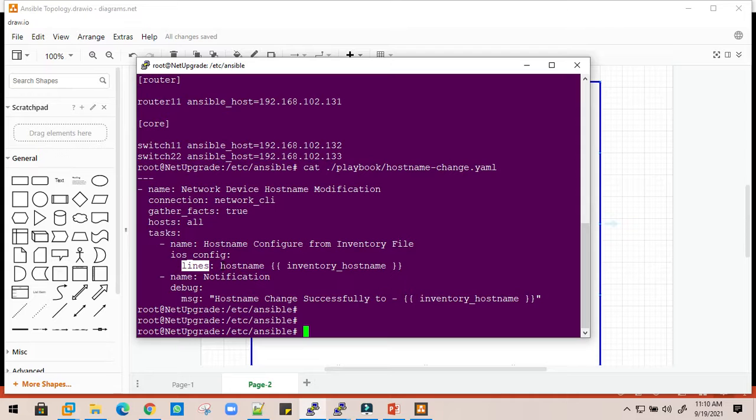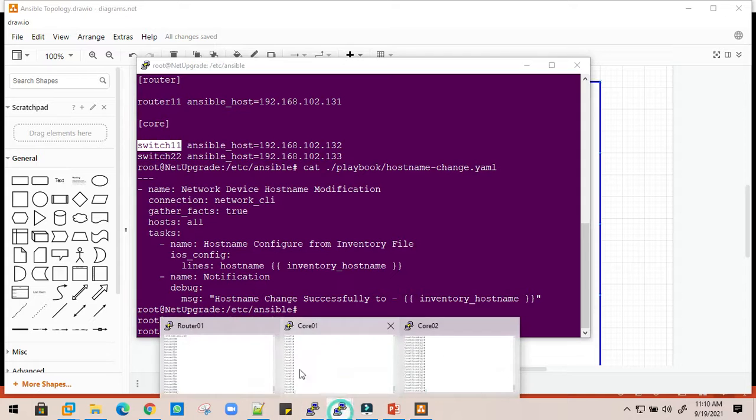In our case we are going to use hostname followed by the name of the hostname we want to change. This is a variable which is picked up from the inventory file. If it logs into this particular router, it needs to change the hostname to router 11. If it logs into this device, it needs to change the hostname to switch 11.